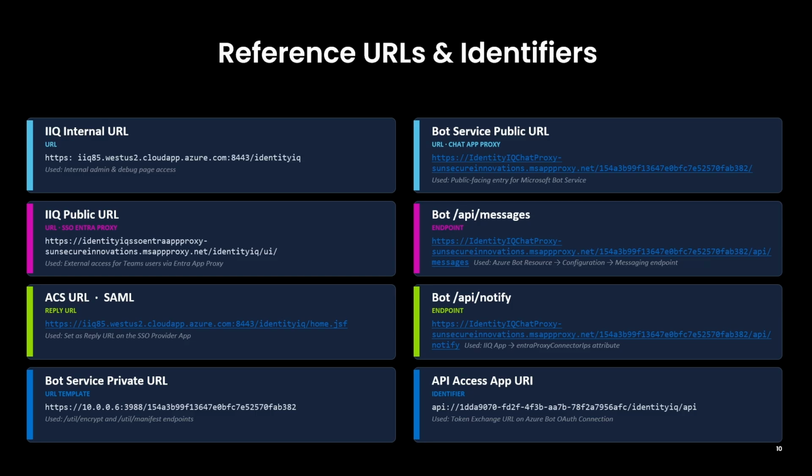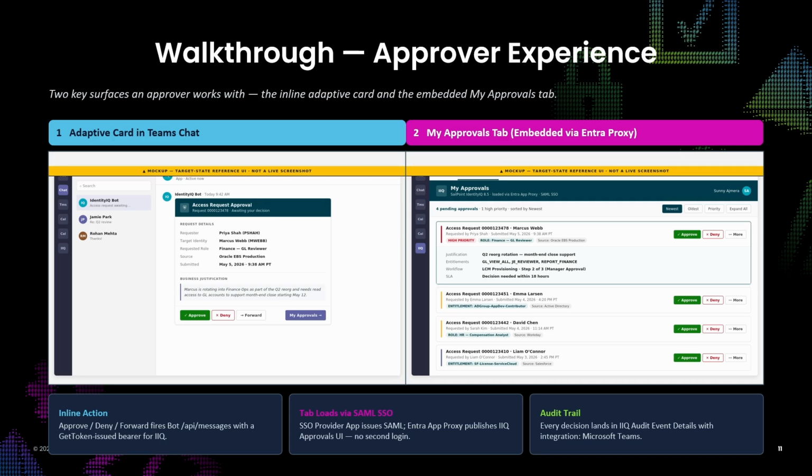Now, moving on to the walkthrough. This slide shows you how the adaptive card and the My Approval tab look. These are mock-ups; I just added them in case I have some glitches in my demo. Within the adaptive card, you see what's being requested, who requested it, and any comment or justification for that request, and you have an inline action where you can click approve or deny, or reassign it to someone else,